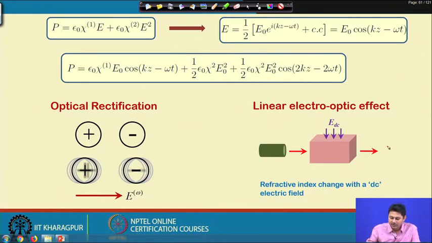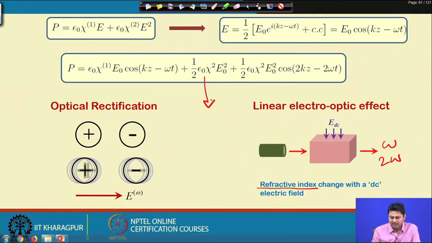So, in the output I should have a frequency omega, a frequency 2 omega, and an optical rectification term, but on top of that we also launch a DC electric field. By launching this DC electric field, the refractive index of the material is going to change. In optical rectification, for this term where no external DC term is there, it will just change the average separation of these things,